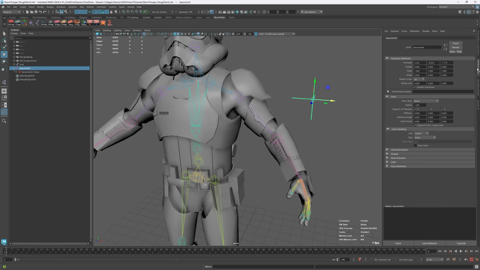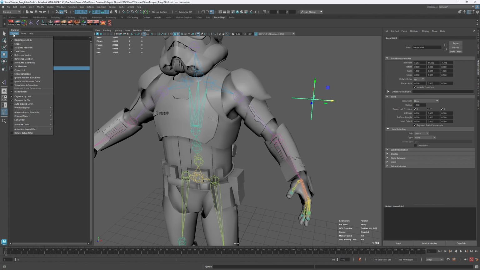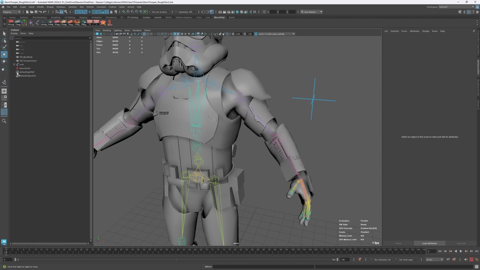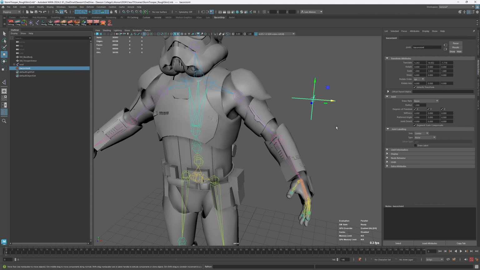So the other way is also just like I was doing in the previous part, is just going to the attributes, and the second that you see the word joint and joint orient, you know that this is a joint. So I'm just going to turn this off here so we don't get confused. See, this is just one object, or one object with a shape attached to it,